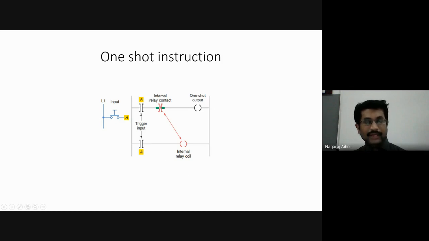When you are writing the program, after you write it, you have to explain each rung. What is the function of the first rung? What will it do? What is the function of the second rung? Then what is the function of the last rung? If there is any reset instruction, what will it do? All these points you will have to explain for the ladder logic program that you are going to write.